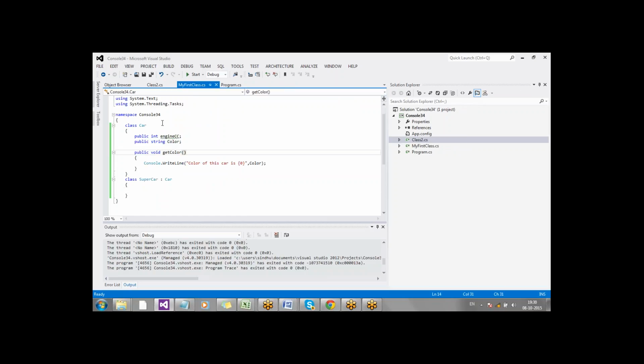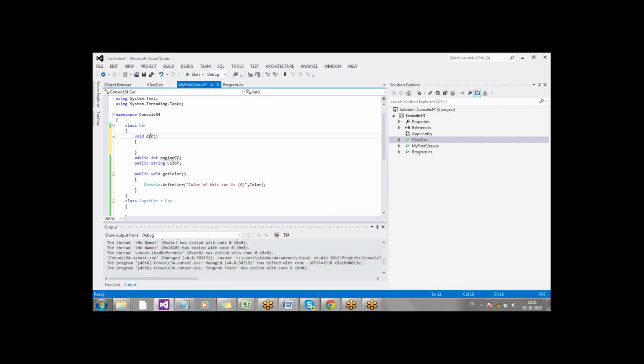Before getting further, let me write a method. Good. So what is this method called? This method has the same name as your class name. Awesome.